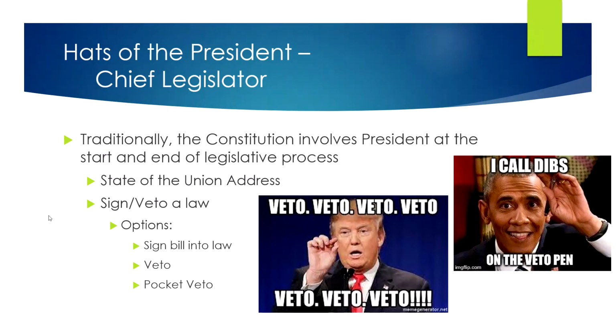One special type of veto is a pocket veto, and this is used only after Congress leaves session. So rather than having to explicitly say, "I, President, whoever, veto this bill," and not signing it, the president can just ignore something. But the pocket veto only takes place after Congress is done for the session. So they've all gone home, they've packed up their bags for that particular meeting of Congress, and there's nobody there to override the veto. Think of the president sticking the bill in their pocket and just forgetting about it, saying, "Nope, not going to happen."